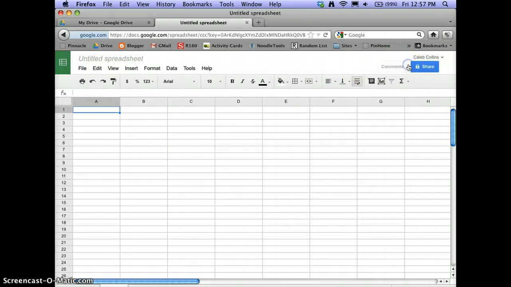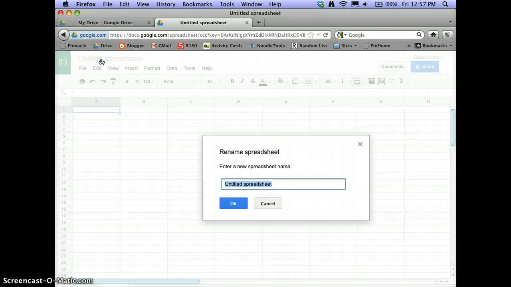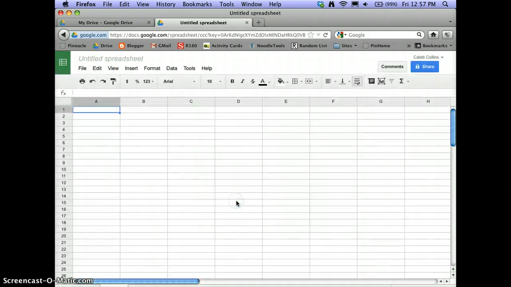It doesn't like Firefox. I'll close that out. So you want to name the spreadsheet. You would want to name it with your name. So if I was doing this for me, I would type Mr. Collins Research Note Cards. You hit OK. So now I've got the document name, and it's given me a huge table to work with,